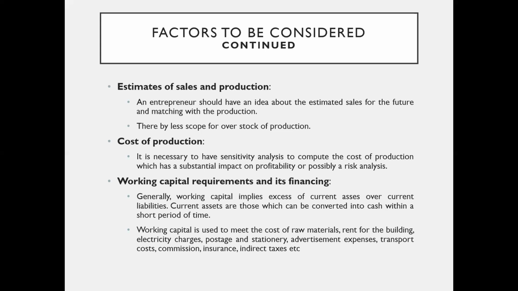Next, cost of production. It is necessary to have a sensitivity analysis to compute the cost of production, which has a substantial impact on profitability or possibility of risk analysis. What is the cost of production? Cost of production is the overall cost which you are incurring to produce a product. That includes everything. It should give you some kind of profit and reduce any kind of risk. So it is always expected that cost of production should be minimal,